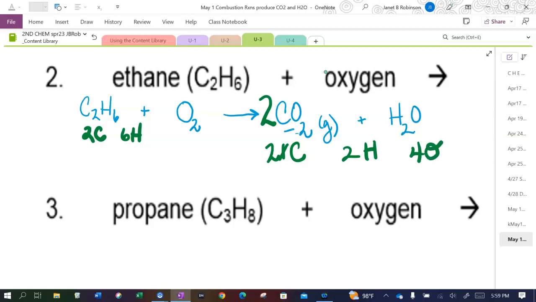And then we have 6 hydrogens, and we have to get all the hydrogens from over here, don't we? There's no other source on the product side of hydrogens. So now we have 6 here. But we also have 4 here, don't we? All right. So we have to add those together. These are from water. The 6 are from,